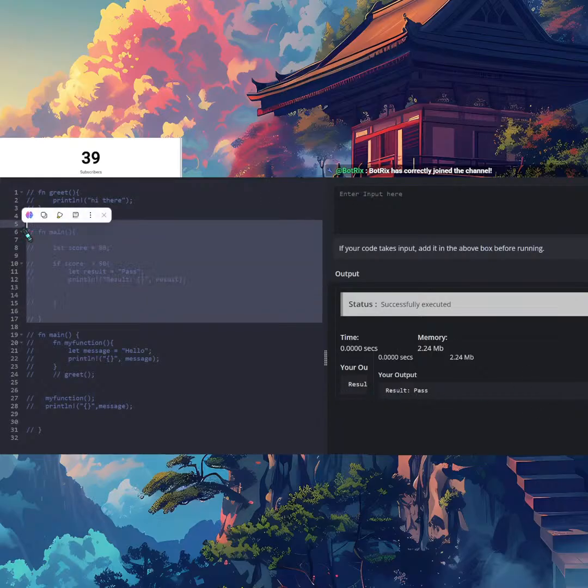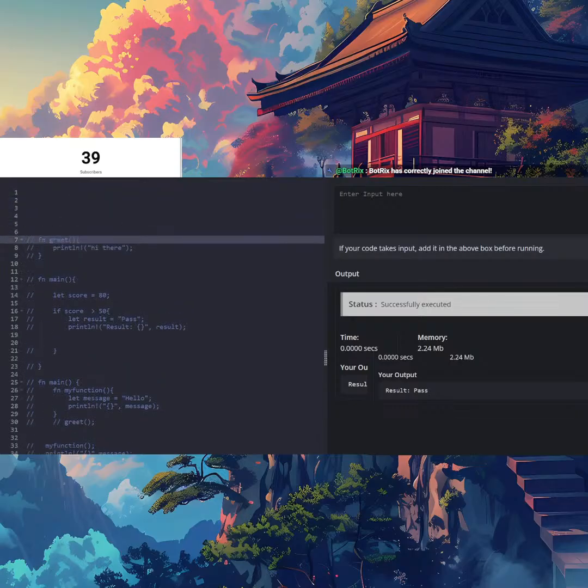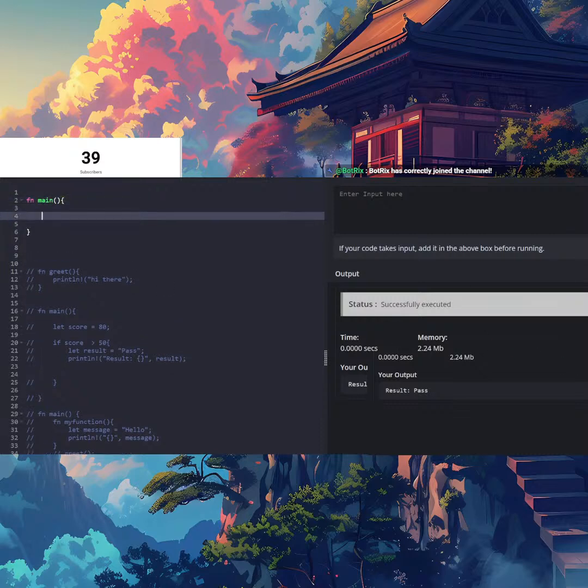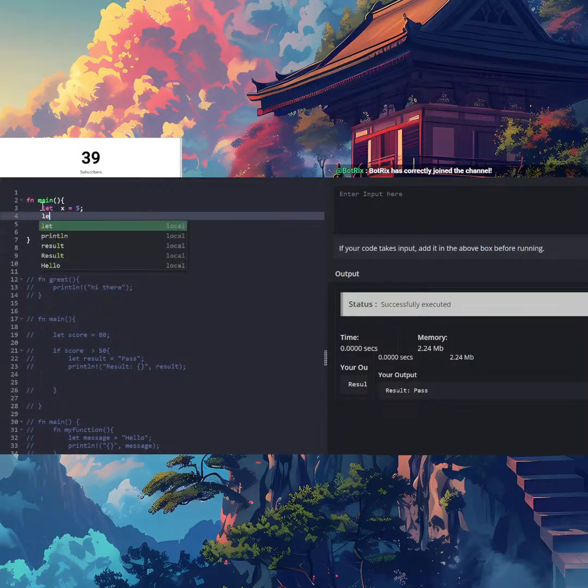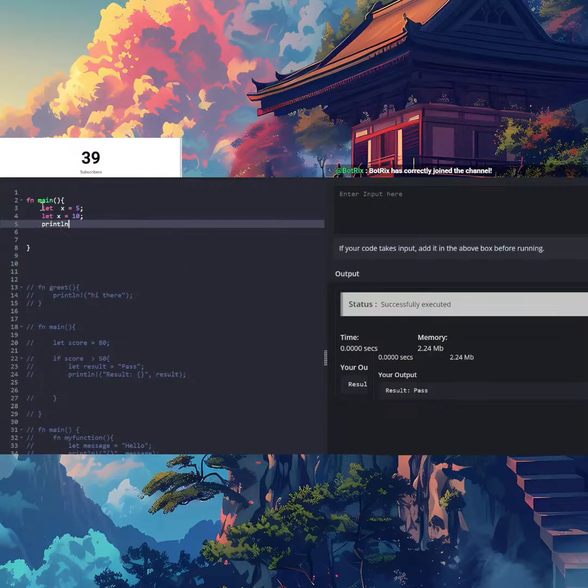Now if we go back again and do something a bit different. I think I got another one here, fn main, and then let x equal 5, and let x equal 10. And then println x is x.